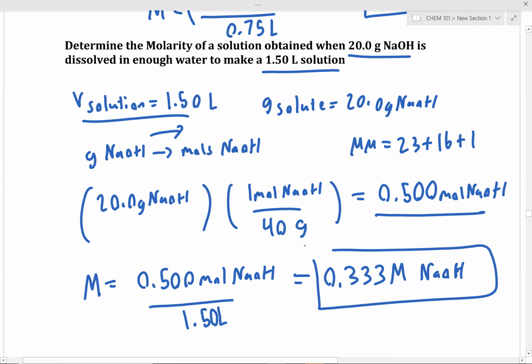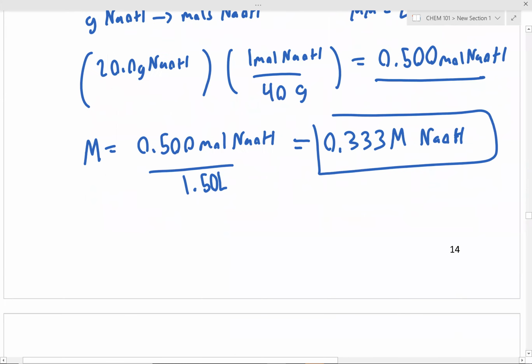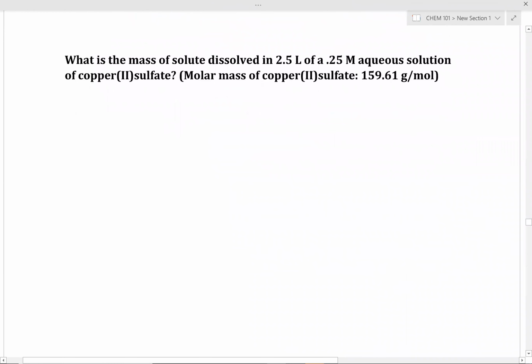And we report 3 sig figs because do both of our inputs have 3 sig figs? Yes. Always important just to make sure your sig figs are in order. Did that make sense to everyone? Okay. I saw a lot of these correct responses, so pretty confident we can move on now and tackle a